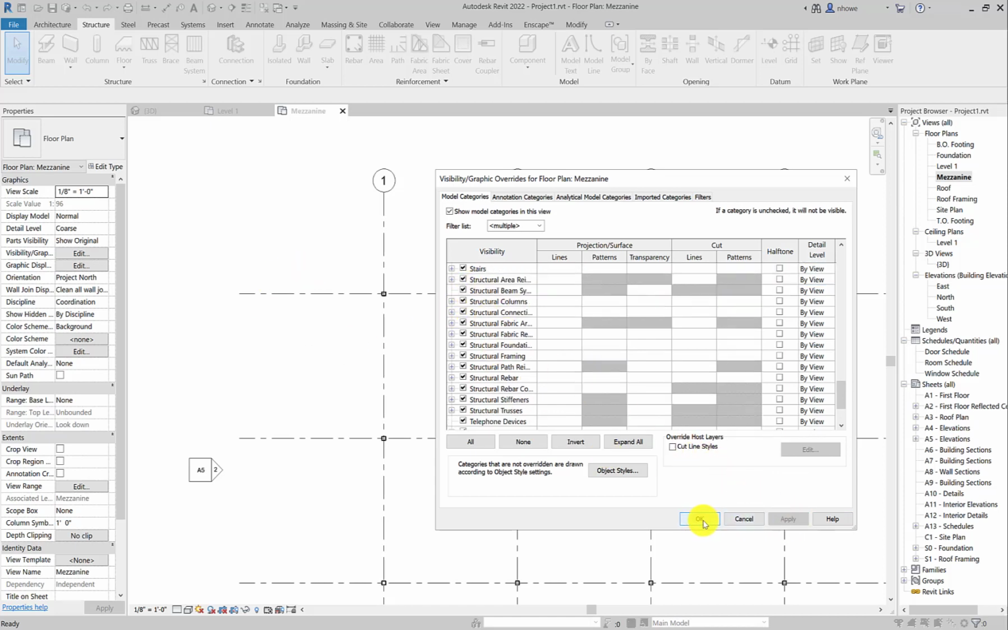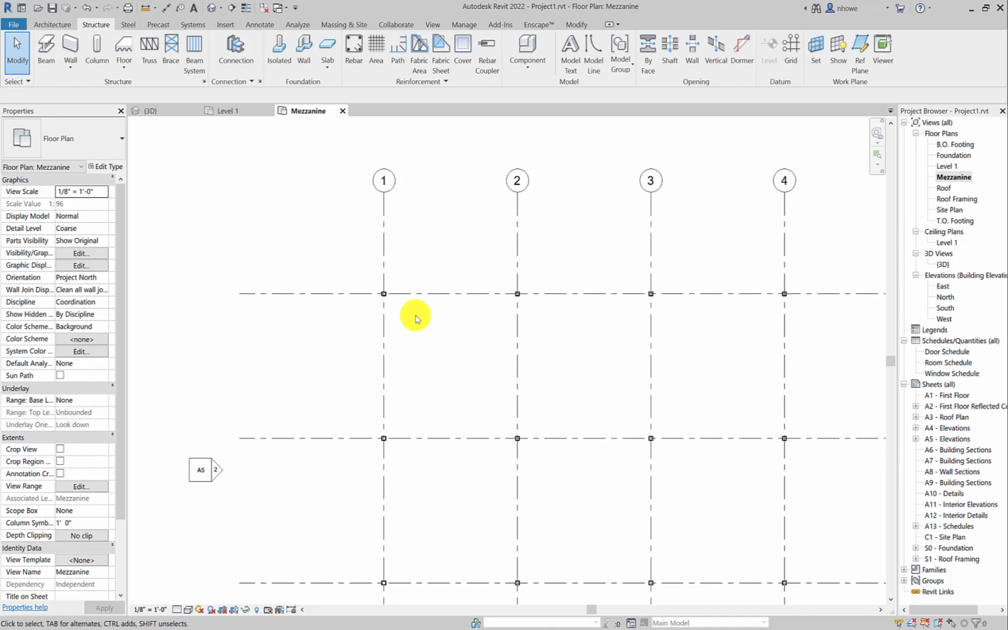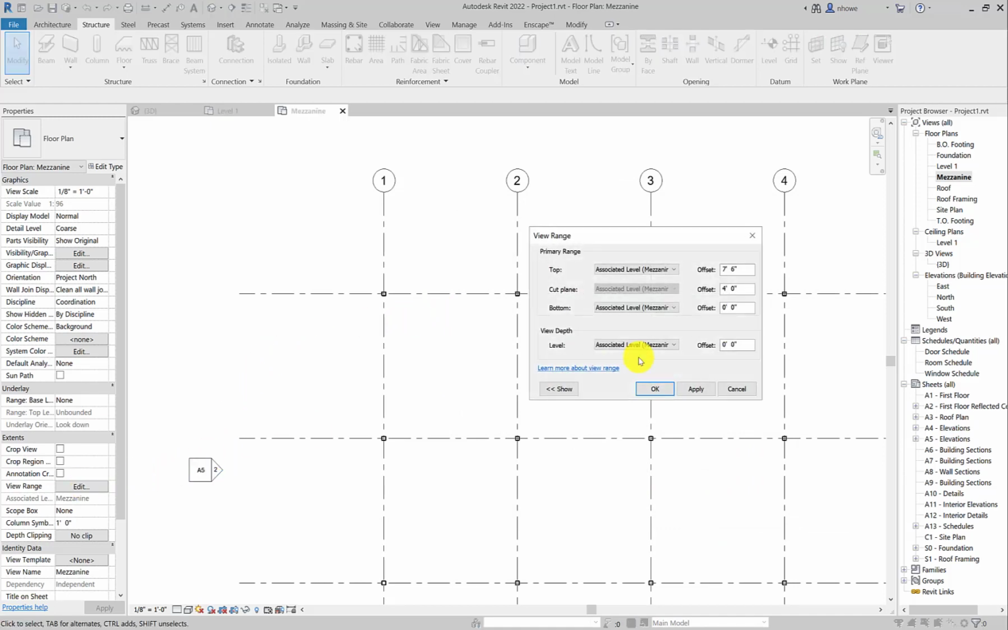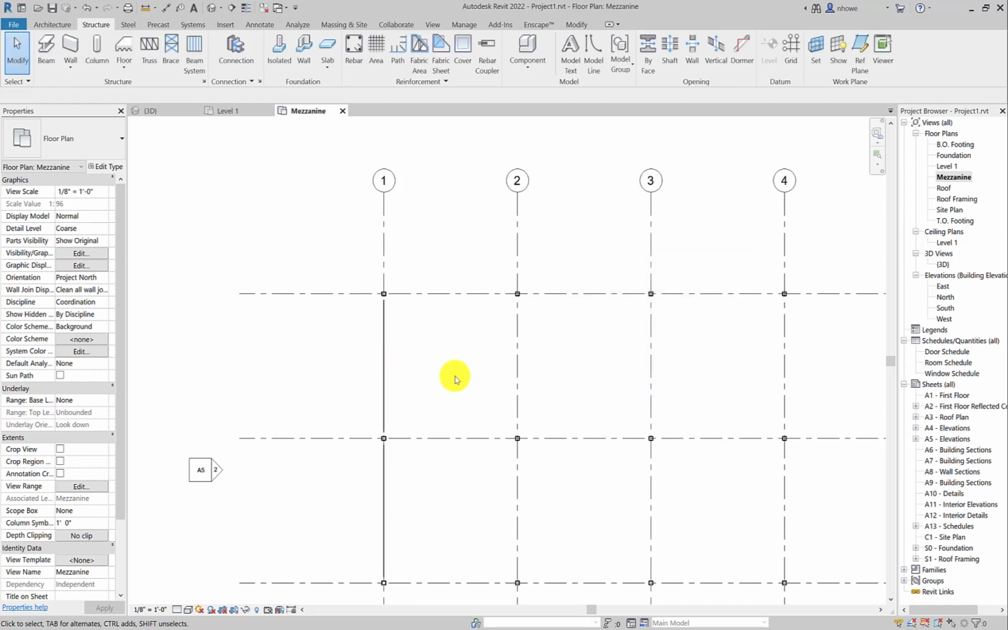And since it actually shows beams as being on, I think what we'll do is look at the view range, and you can see that it just goes down to the mezzanine. It doesn't go below that. So if I go to the level below, and I have to do both the view depth and the bottom, now it shows me at least a